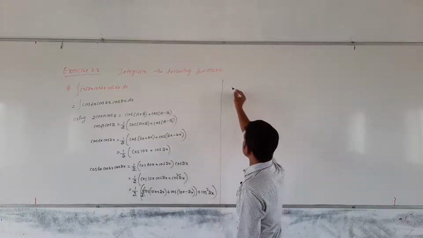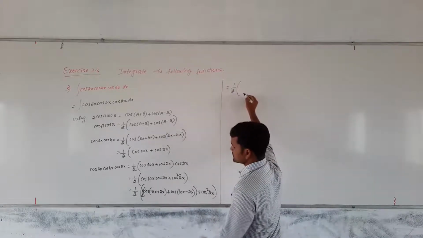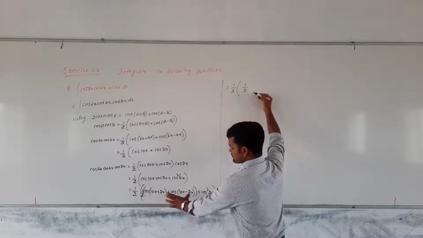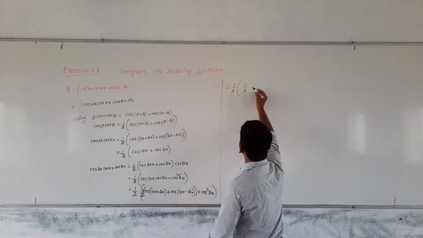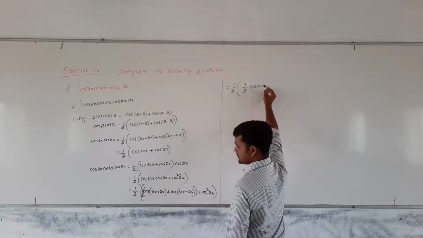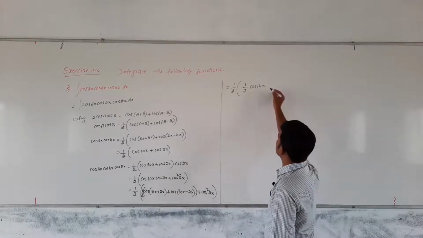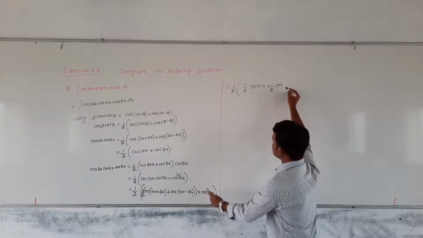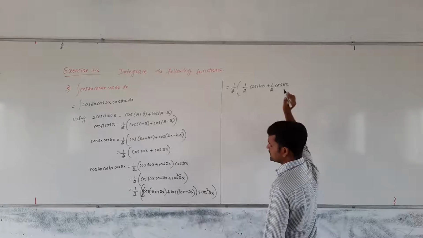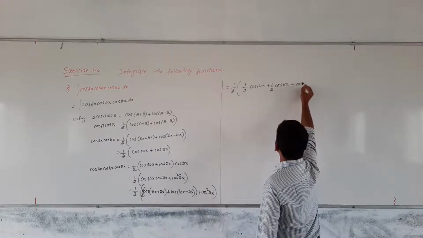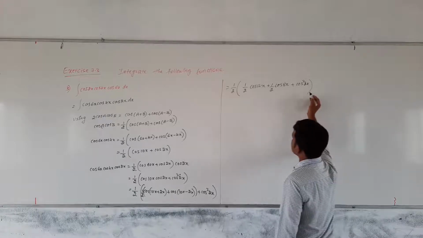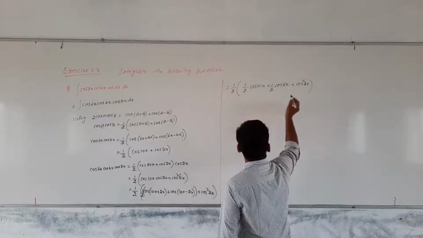Now which is equal to 1 by 2 times 1 by 2 into 1 by 2, as it multiplies to both the terms, I am multiplying it now. 1 by 2 into cos 12x plus 1 by 2 into cos, this is 10x minus 2x is 8x, plus cos square 2x as it is. Fine. Okay. Further we can simplify it.